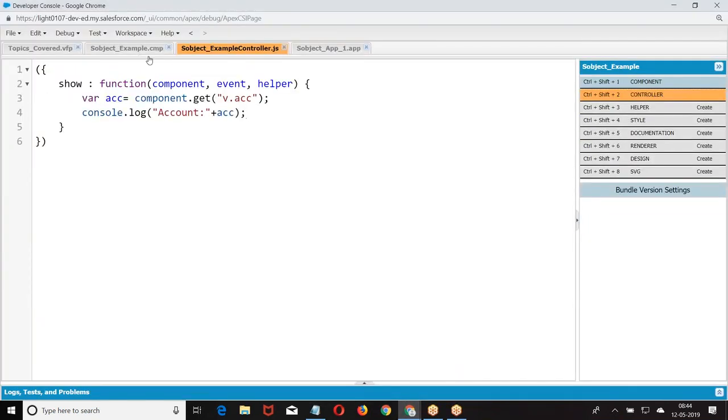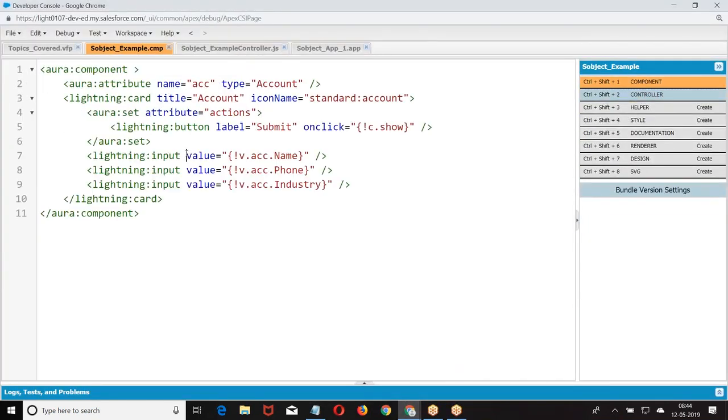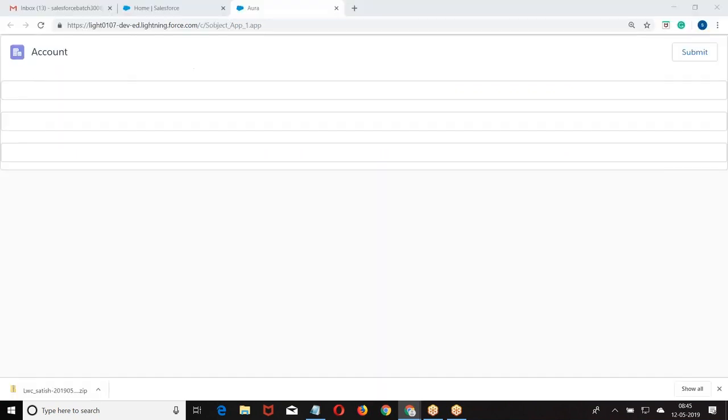We can also give some labels here. As usual, people know the difference between input text and input field. So I have taken this. Go for a preview.